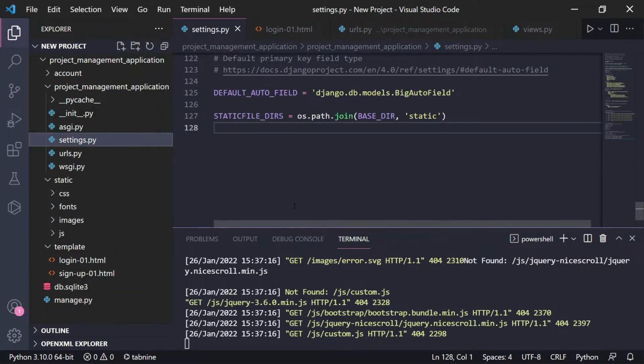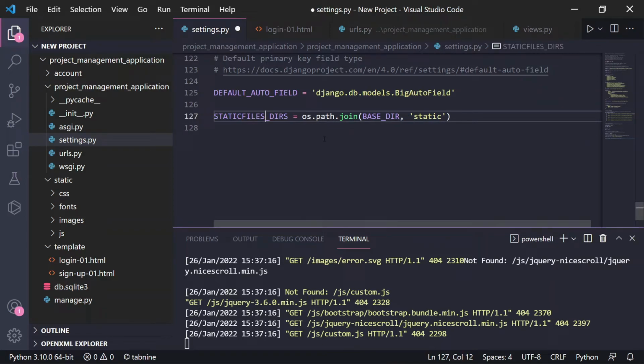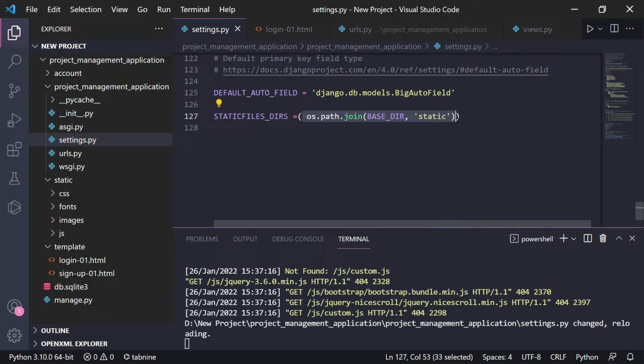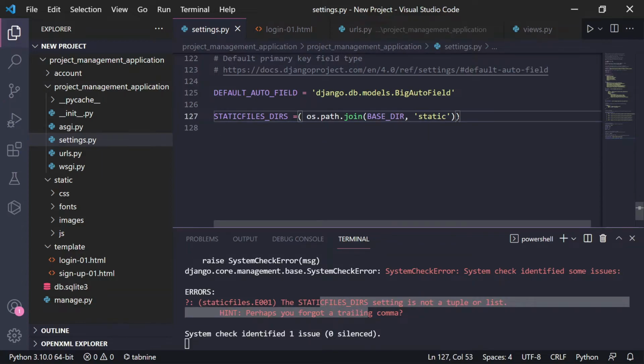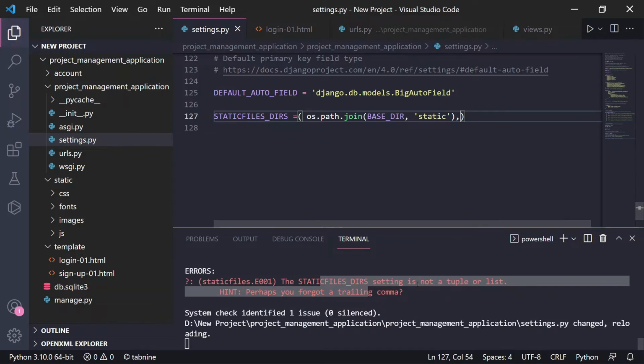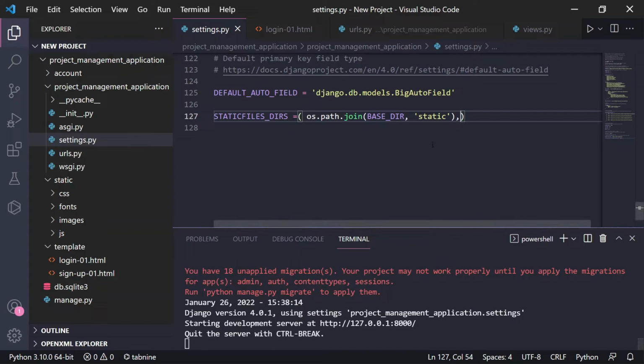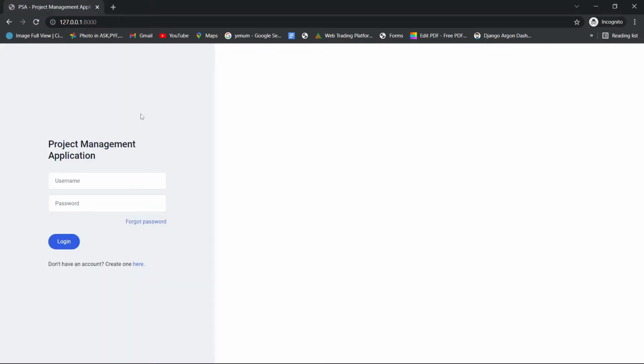In settings.py I have implemented this. I guess there is some spelling mistake. There is a spelling mistake: there is an s, and it should be a tuple or a list. I have given it inside a tuple. Let's reload this. I guess there is an error. I should give a comma inside this. Okay, let's save this. The error has been resolved, and if I reload this, we can see some CSS